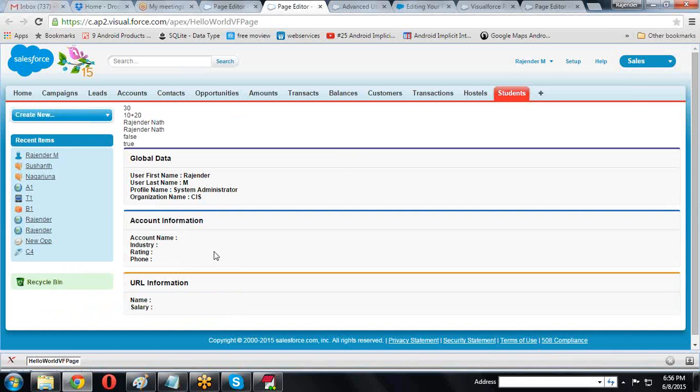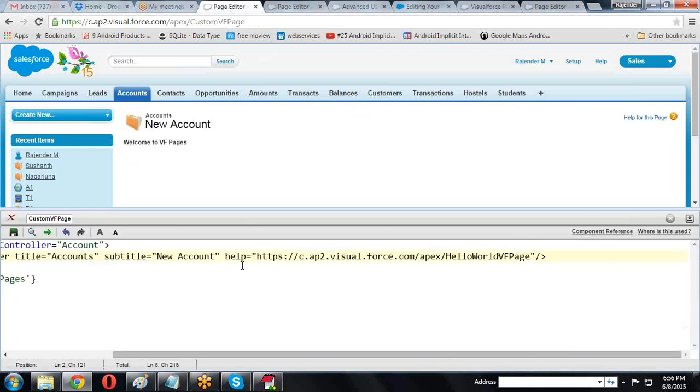Okay, previously we created one page last time. That page I'm displaying. That means whatever help page is required, that page name you can pass, then automatically instead of the standard help page it is displaying your own organization's help page. Whatever help is required, you create those help pages, and in those help pages you can pass some data. This is nothing but we are creating Visualforce pages.